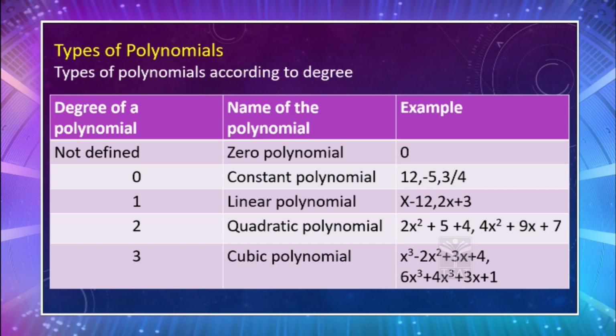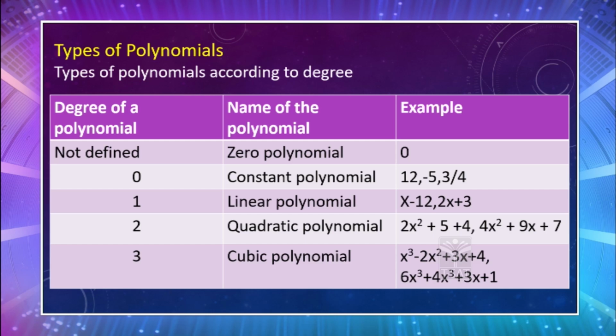polynomial. Okay. The next one, let us take some numericals, that is 12, minus 5, 3 by 4, like take any numerical value. These are said to be constant polynomials. 12 you can write it as 12 of x to the power of 0, correct? So, what is the degree here? 0. So, simply we can say the degree of the polynomial is 0, such polynomials are said to be constant